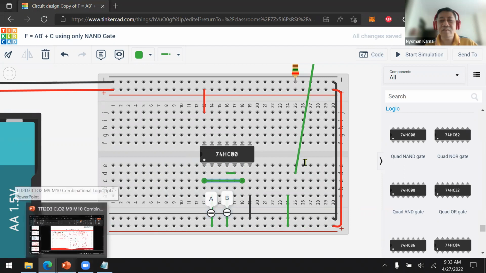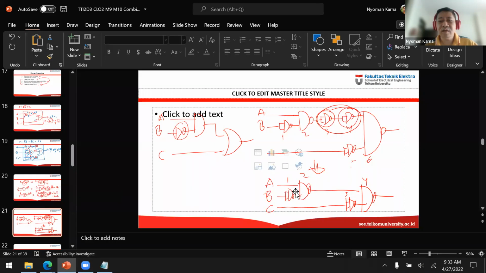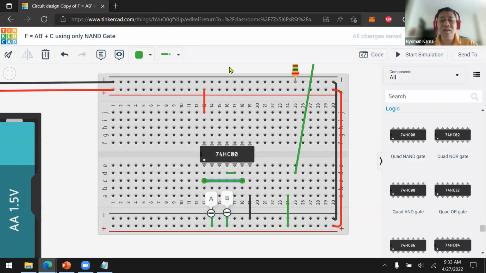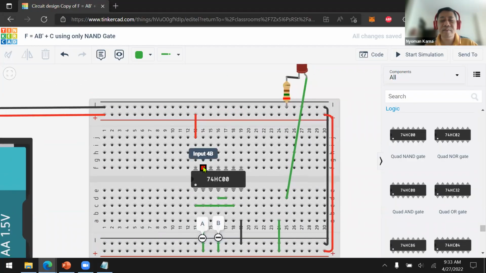So now we have already implemented this and this. And then C is inverted. So we're going to use C in here. So this one is C. C becomes inverted. So we're going to put all the inputs together.